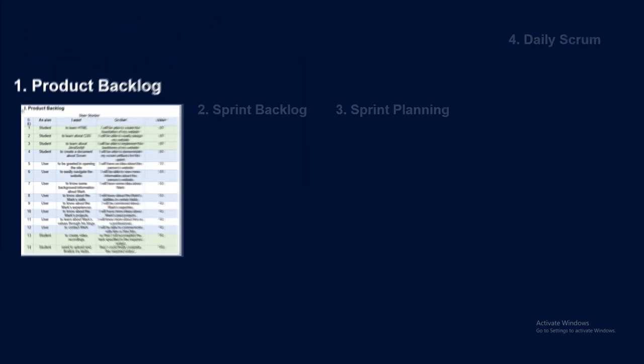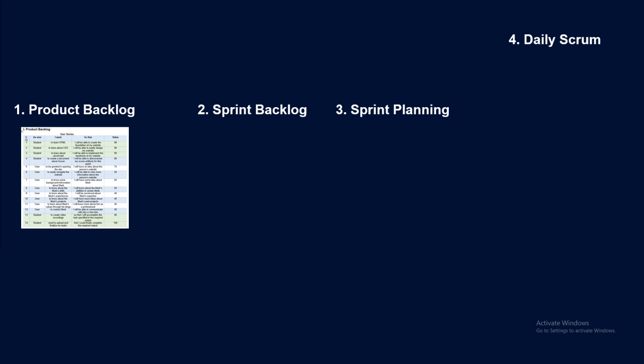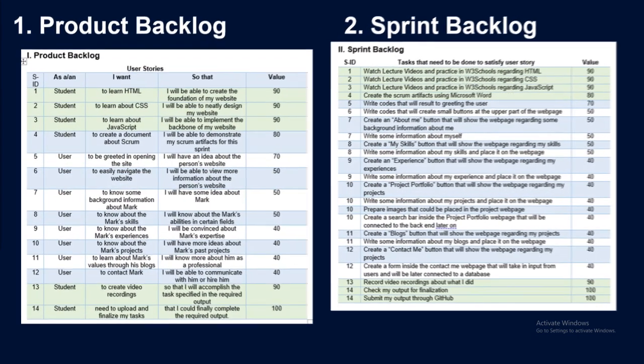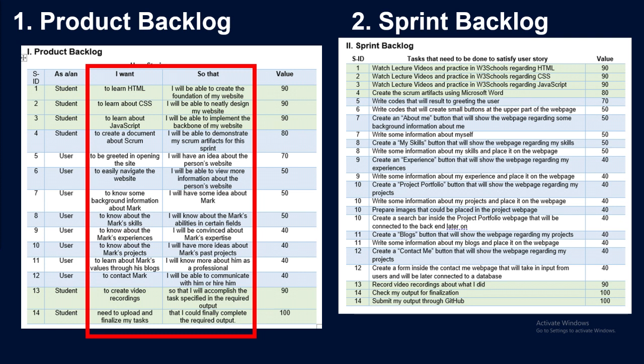importance. Now, for the next artifact, the sprint backlog, I just used the user stories from the product backlog and evaluated them, and came up with some tasks and listed them down in the sprint backlog so that I could satisfy the user story. The values from the sprint backlog is related to the original user story to identify which